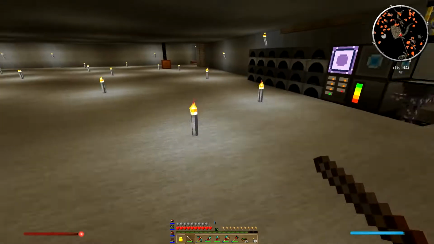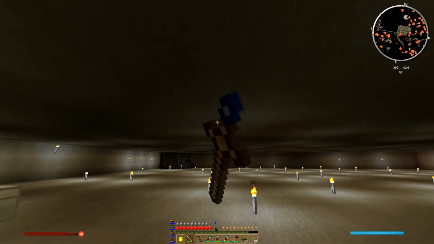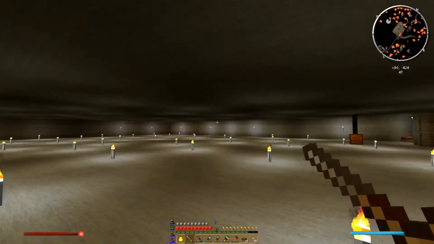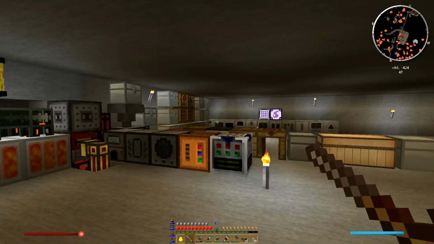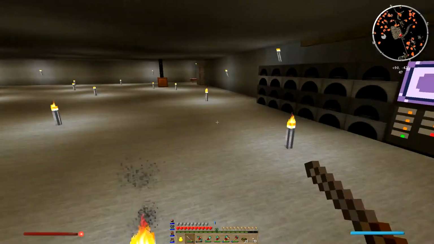Now, as we know, underneath us we've got a mob farm. Over there we've got Ars Magica 2, right above me. And over there we've got Forestry. And this is the machine room. Okay, so we need somewhere to put power. So what I want to do is